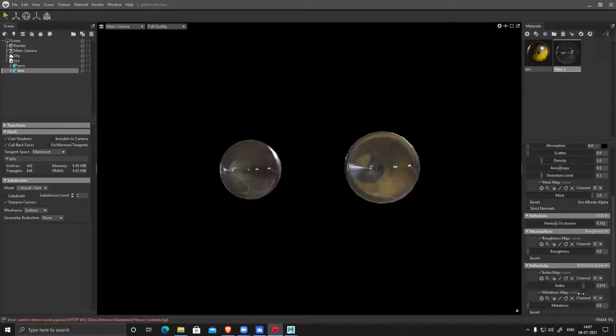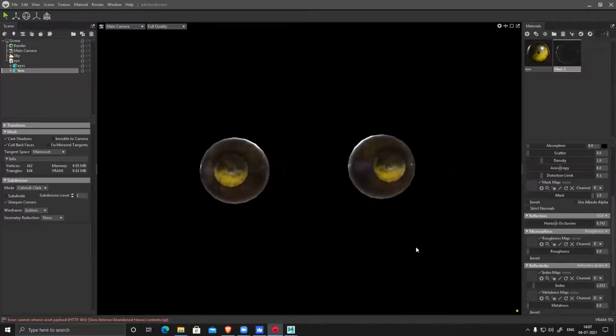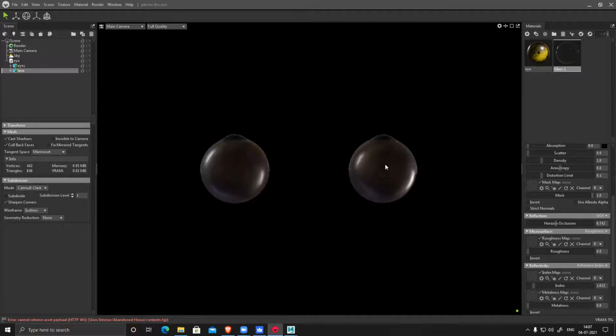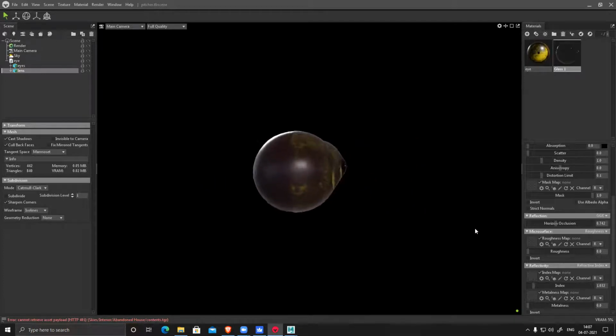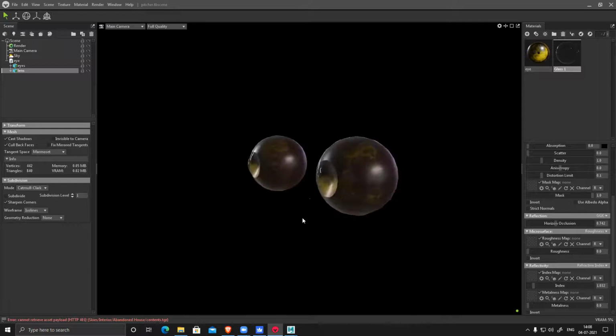So the index of refraction I can increase or decrease. Change it, and like this you can create the eye easily. It's just two sets of mesh basically, and two different materials. One is glass, one is a normal default texture.